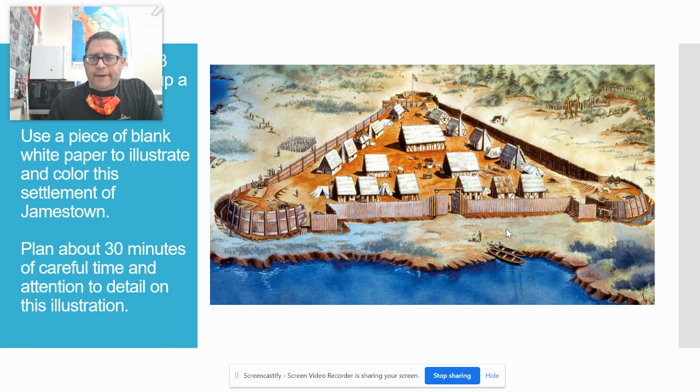So let me tell you a little bit about the settlement. Here we have it in the middle of a swamp, and it's terrible. It's bad for them. This area in here, it's all red and stuff. They keep putting sawdust down to try to soak up the water because they're in a swamp. But unfortunately, the sawdust rots and it stinks and it's not good.